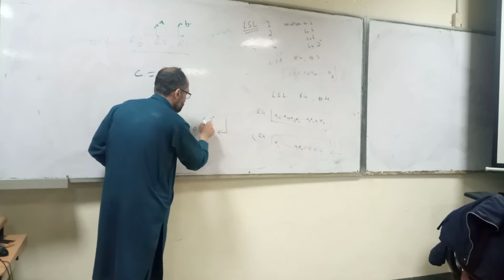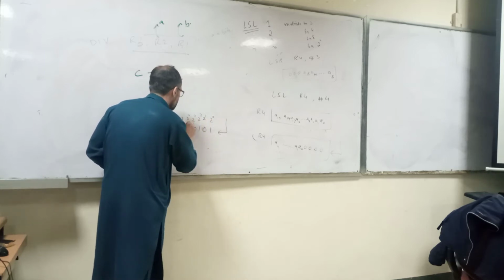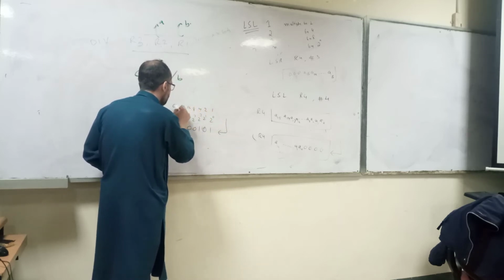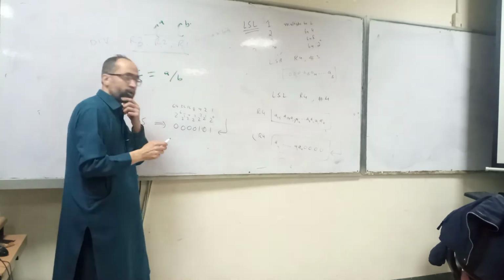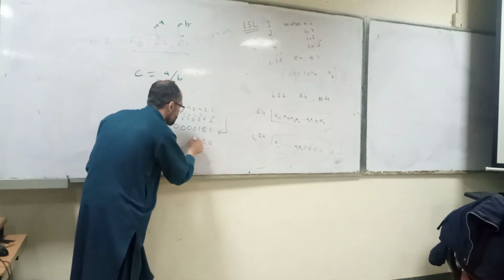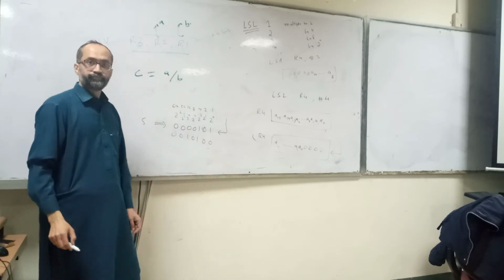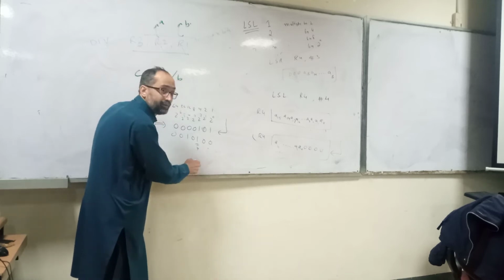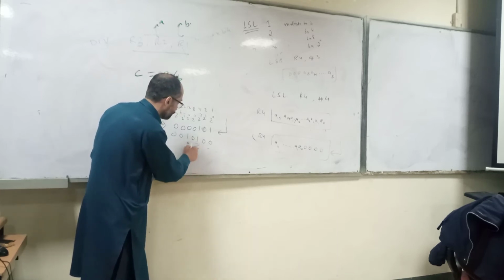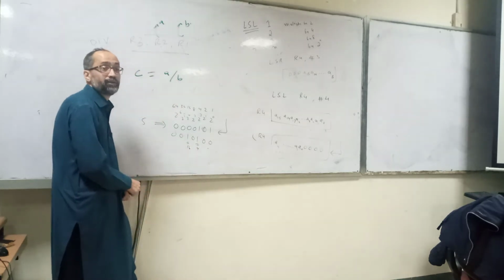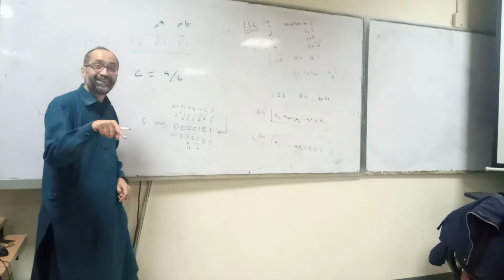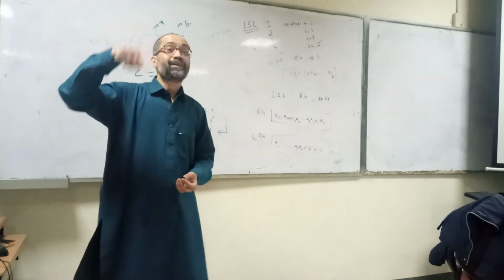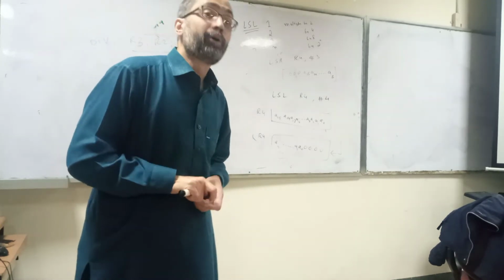Actually its weight is 2 to the power 0, 2 to the power 1, 2 to the power 2, 2 to the power 3, 2 to the power 4, 2 to the power 5, 2 to the power 6. So actually 1, 2, 4, 8, 16, 32 and 64. So if we push 2 zeros, it will be 0, 0, 0, 1, 0, 1, 0, 0. So this is 4 plus 16, 4 plus 16 is 20. And 5 multiplied by 4? 20. So if you logical shift left, it is multiplication by 2 to the power n.